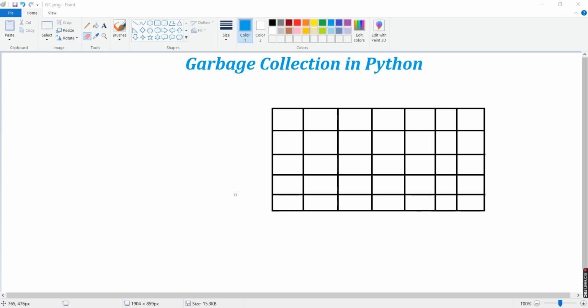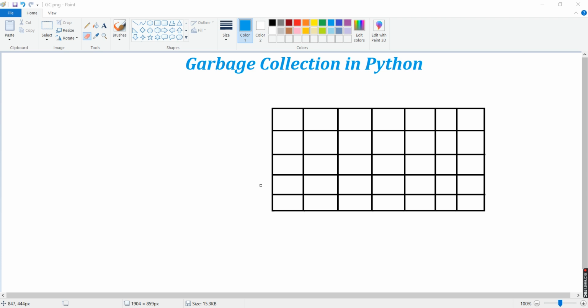So today we'll be discussing garbage collection in Python. If you have a Java programming background, then you might well know what garbage collection is and how the JVM engine looks. Similarly, in Python, you have the Python virtual machine, that is PVM. We have not seen it so far. In future videos, we might see the PVM architecture.